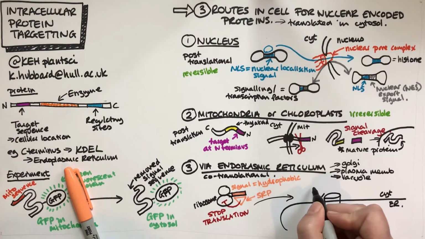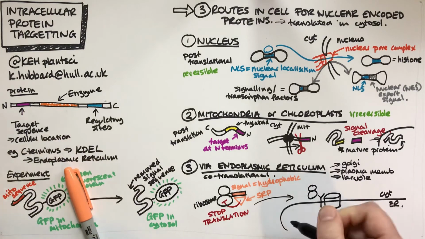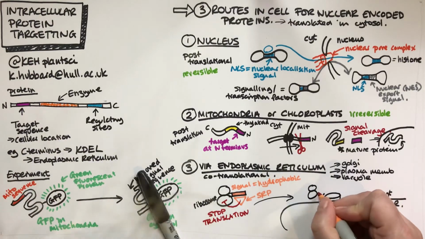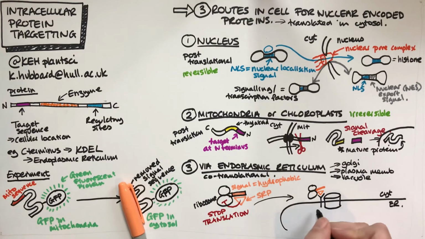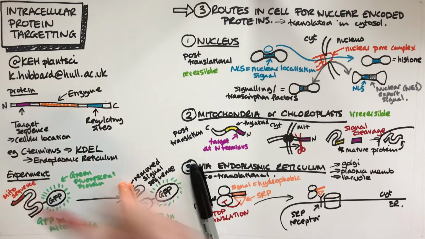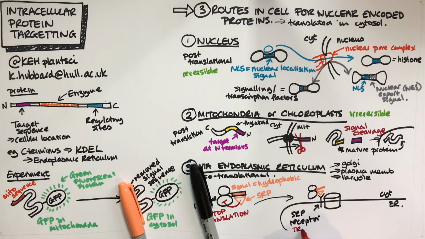So our ribosome and our SRP come and bind, so that's the SRP receptor. So we get recognition there. Once we've had recognition, then translation restarts,